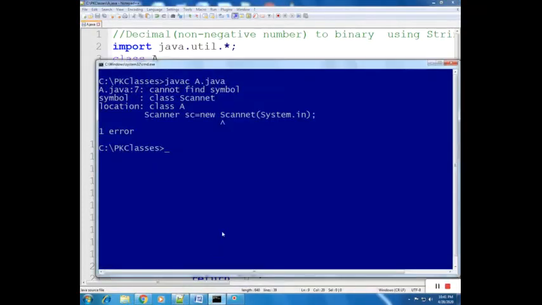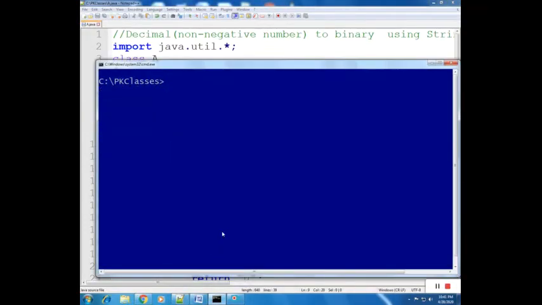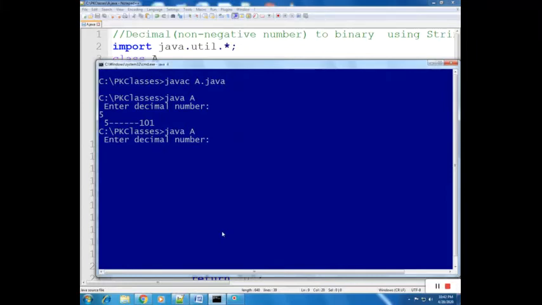Save it. Compile the file and run. Enter the decimal number 5, 101. 27. It's correct.